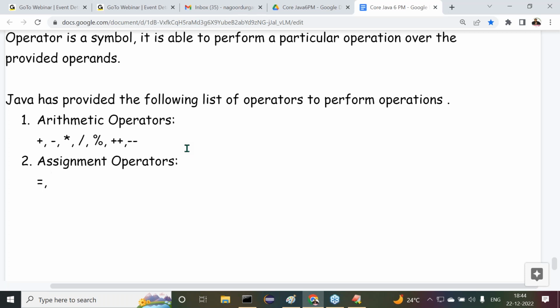Equal. Then what is next here? Plus equal, minus equal, star equal, slash equal, and percent equal. All these are assignment operators. Next one, sir. After completion of these assignment operators,